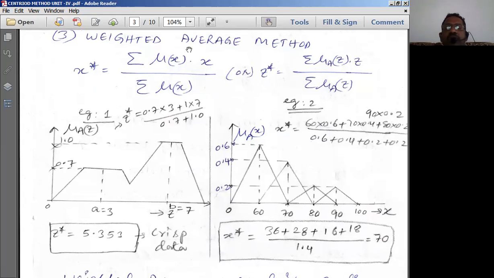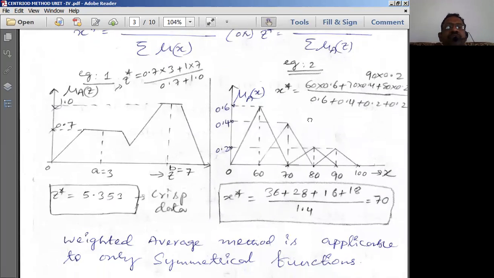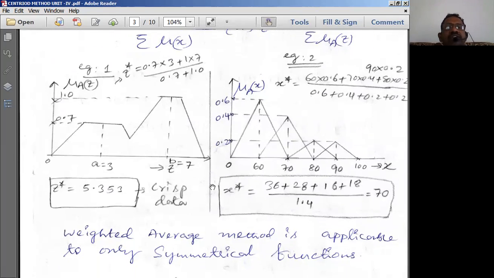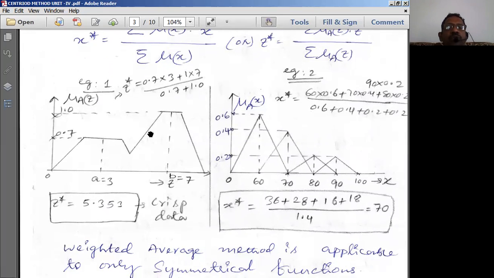That means you can take the fuzzy values as x or z or any other parameter for that matter. I gave you two examples of this. One example uses a union of trapezoidal functions. The next one is the triangular function. In this triangular function, we take the union of all these triangles. The union is going to be like this.